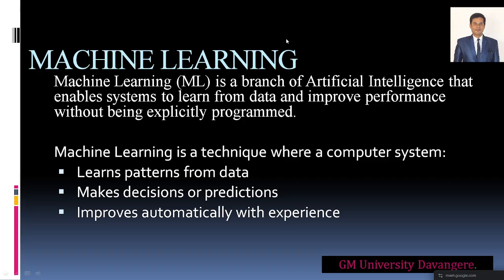So machine learning is a technique where the computer system learns the patterns from data. For example, if I give the data of battery sets, say I have lithium-ion batteries, I'll give its data: voltage, current, and temperature. For this hour to this hour, when the temperature rises, we have another data, right? The voltage and current have other data. If the temperature again increases, I have another data. So I will collect these data for the lithium batteries.